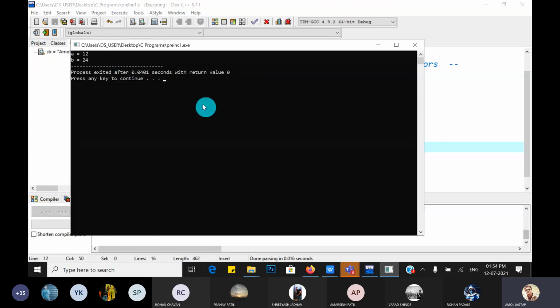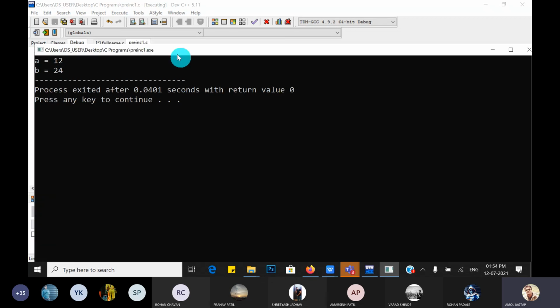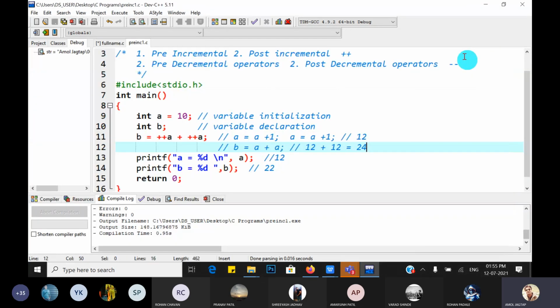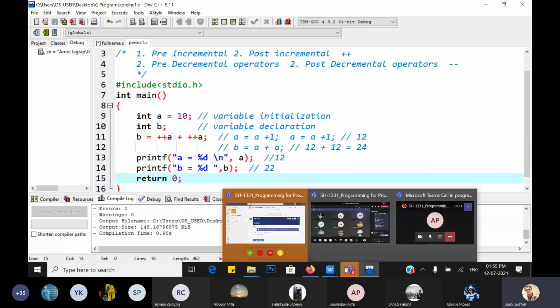Compile and run. Guys, this output may vary when you use the Turbo C compiler versus this ANSI C compiler 64-bit. Some changes must be there. It depends on the grammar, how the preprocessor expands these lines. Depending on that, the predicted output may change. Guys, hope you understand till this.